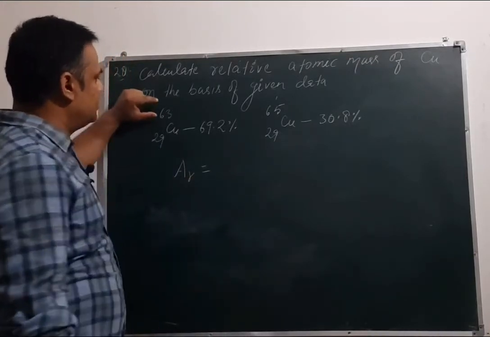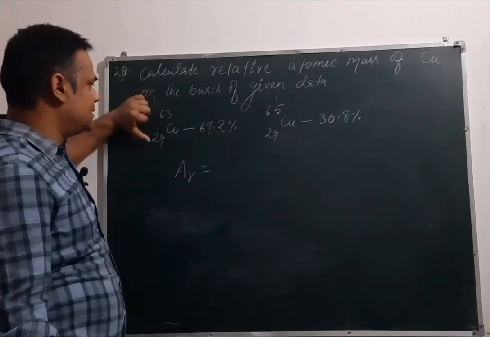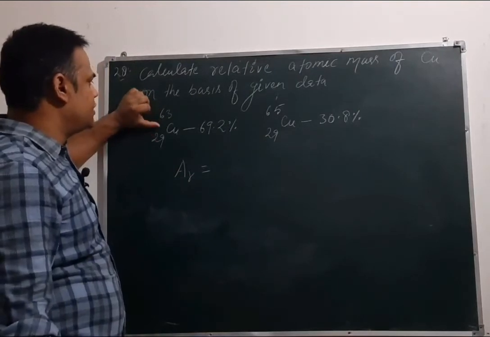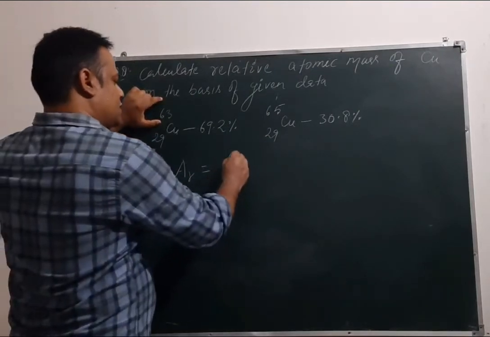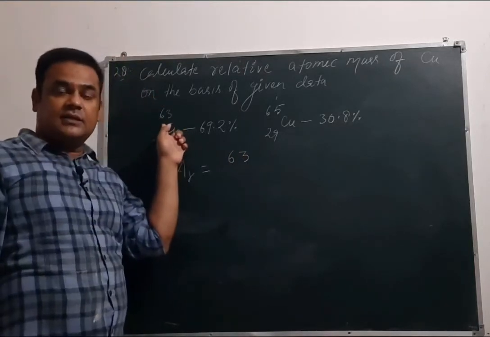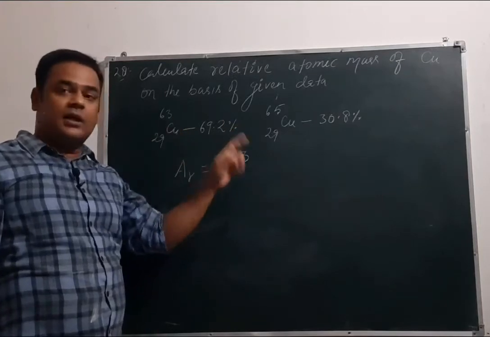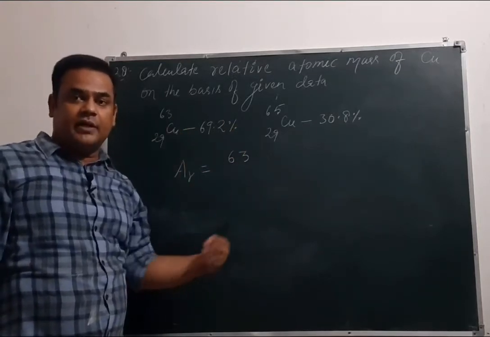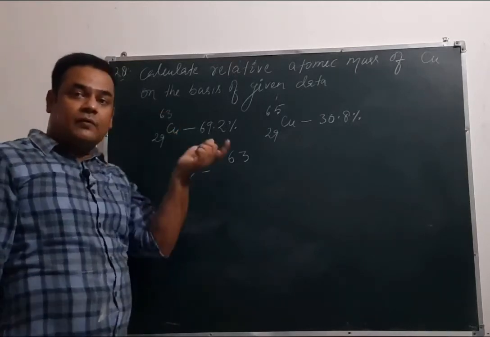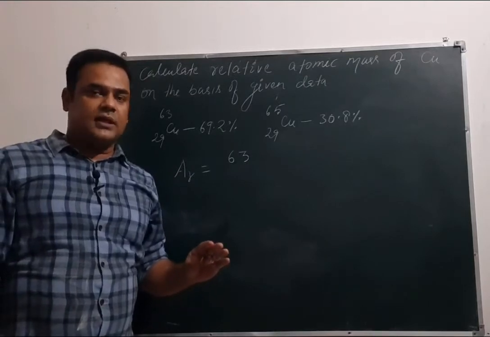We can write AR is equal to relative atomic mass. First we will take the atomic mass of the first isotope, that is 63 29Cu. You can take any one first. I am taking this one, 63 29Cu, and its atomic mass is 63, and this 63 is in comparison to the C12 carbon atom. Remember, that's why in the previous questions I have not divided it by 1/12. This is already with respect to 1/12 of the mass of one carbon atom. Hope you are understanding this.